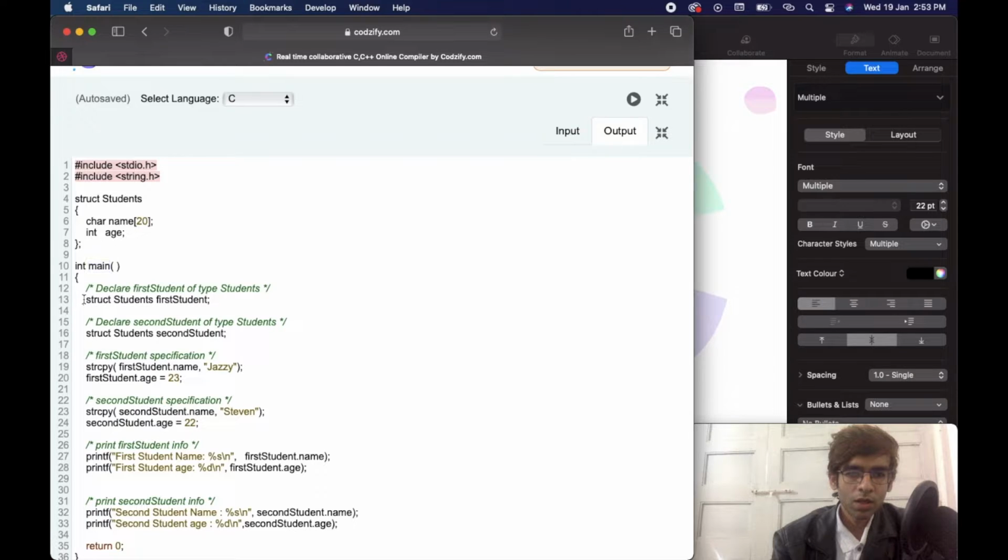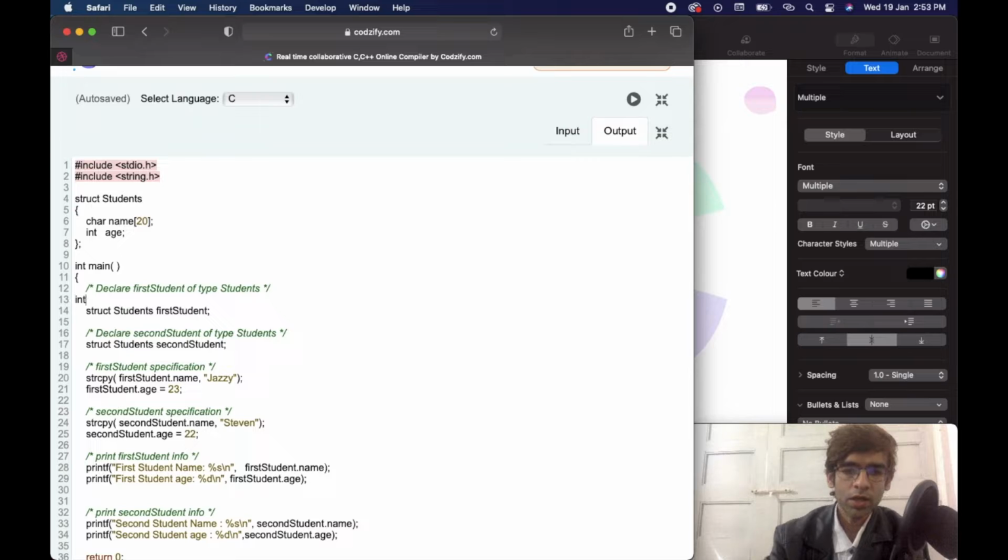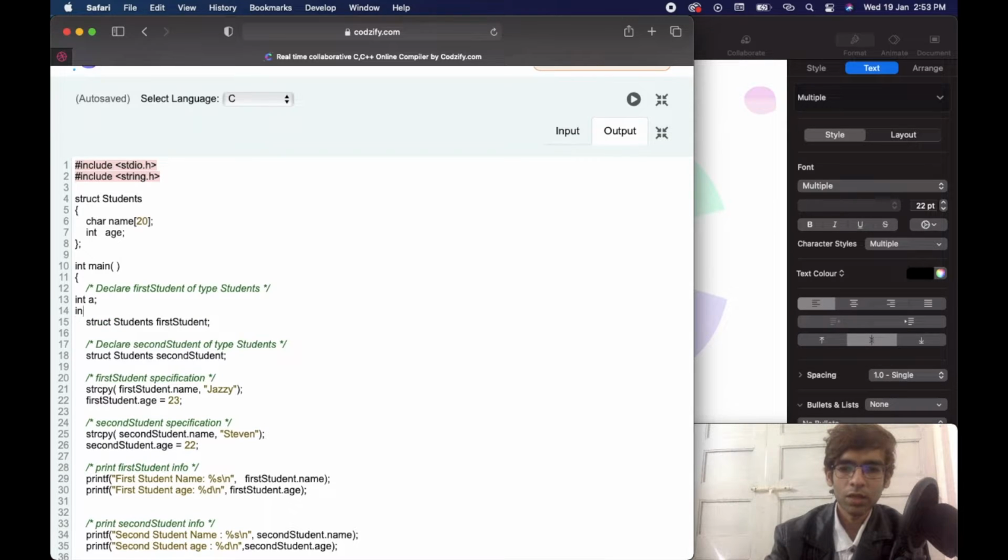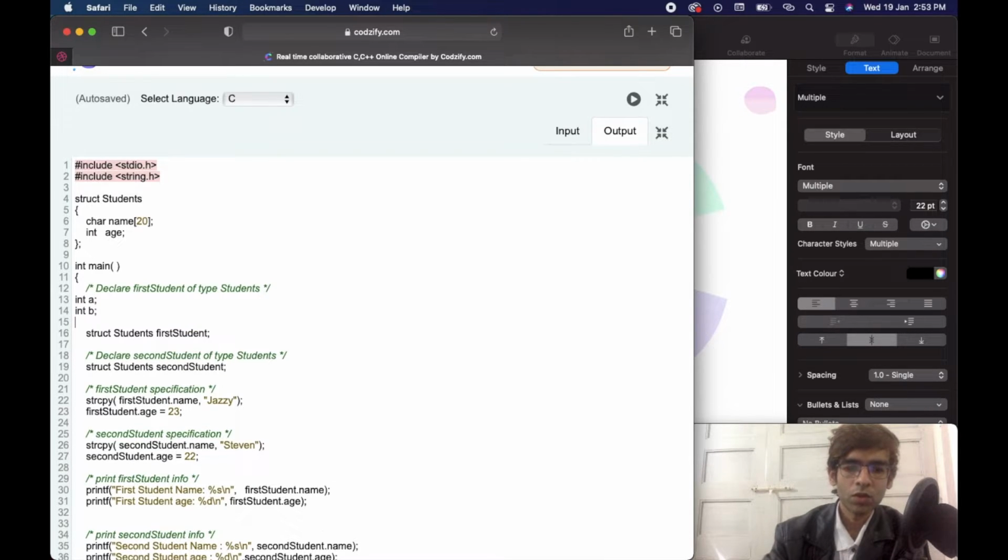Here we have declared our first structure variable, first student, with the type struct students. Like we write integer a, integer b, we can also write struct students, which is one type here, and we declare the variable of that structure like this.